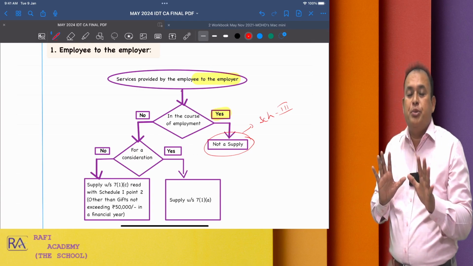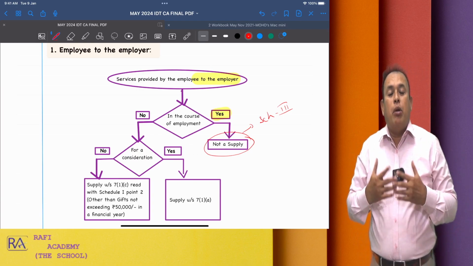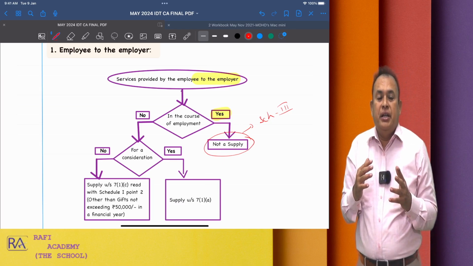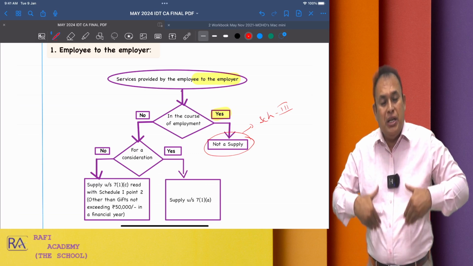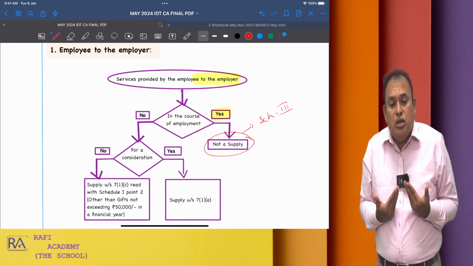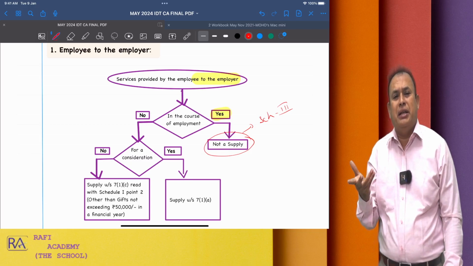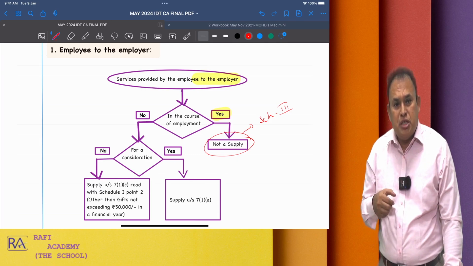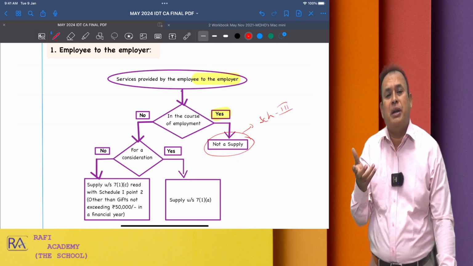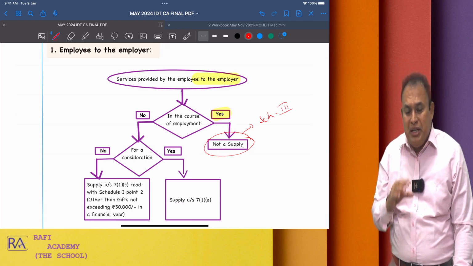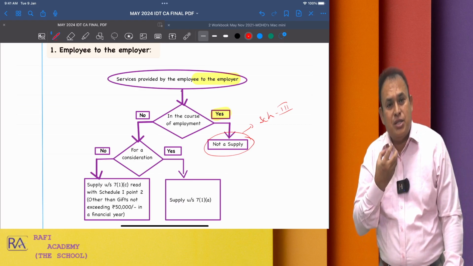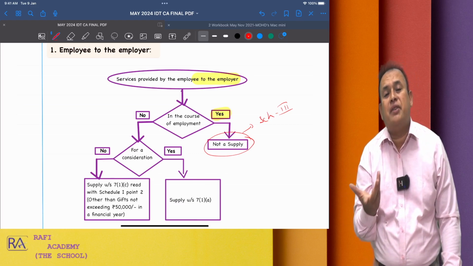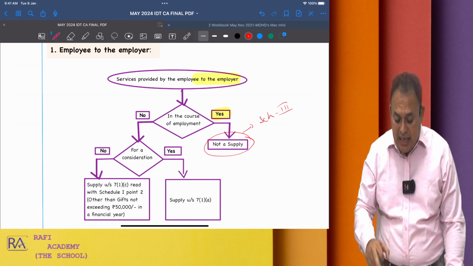Now the point comes into the picture, sir. What about the whole-time director who is an employee providing services to the company in his employment? A whole-time director is always an employee. As per the Companies Act, a whole-time director must be an employee of the company; only then is he called a whole-time director. Such a whole-time director provides services to the company in the course of his employment. Obviously not under GST, because in the course of employment it is supply excluded. In this case,